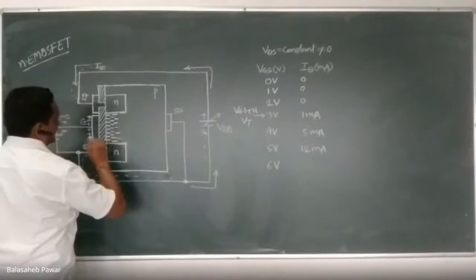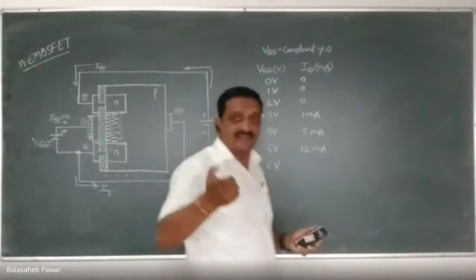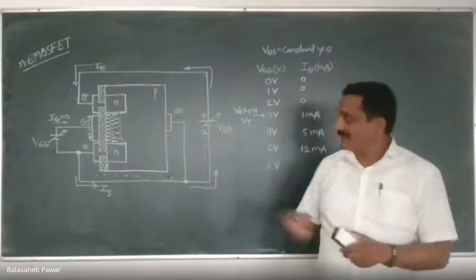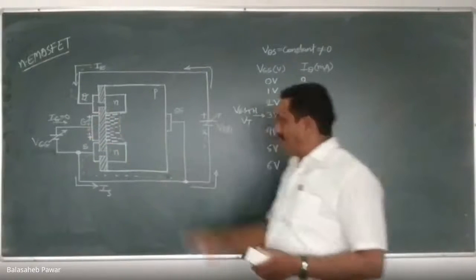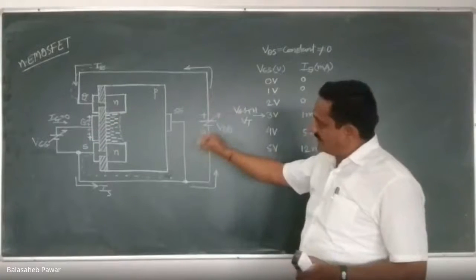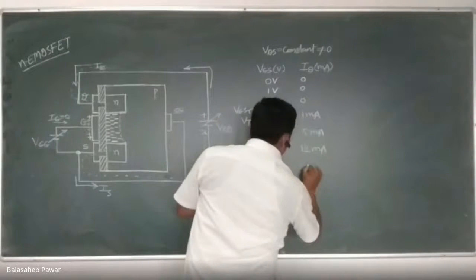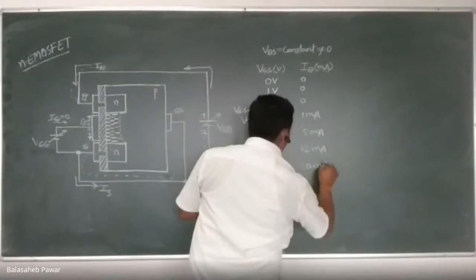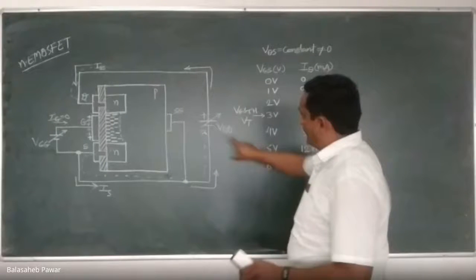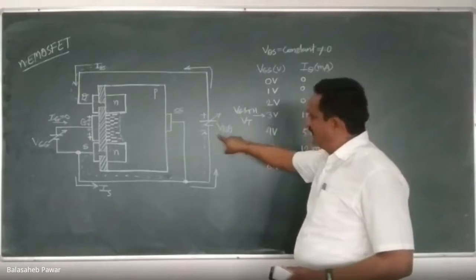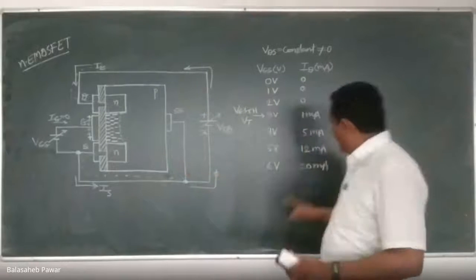Like this. You will observe now that the formed channel is thicker as compared to previous cases due to the increase in what? The positive field applied to the gate terminal. And that's why the current handling capacity of that channel also increases. Here, I will consider that the current reaches 20 milliamps. By keeping this VDD non-zero, whatever drain current flows will be 20 milli.